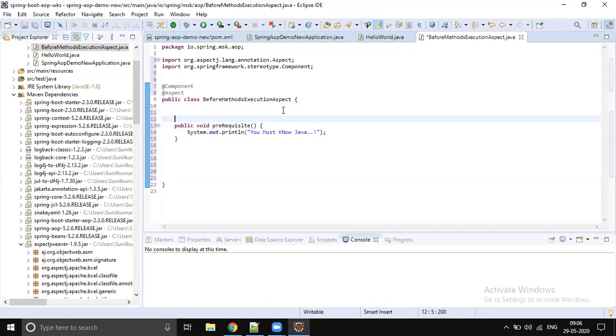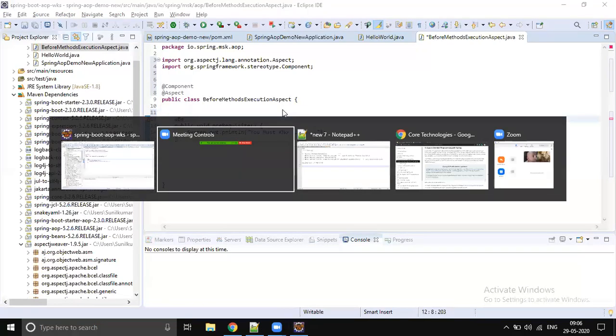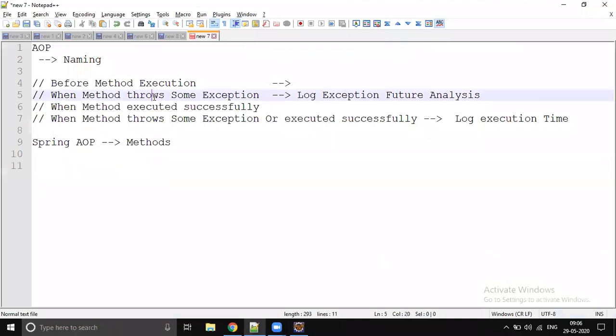So when you would like to do something, the actual logic you would like to do, that is what is called advice, right? So we discussed before, when there is an exception comes, or when there is a successful result, or when there may or may not be an exception. These are the things we want to execute. So that is what is called advice.